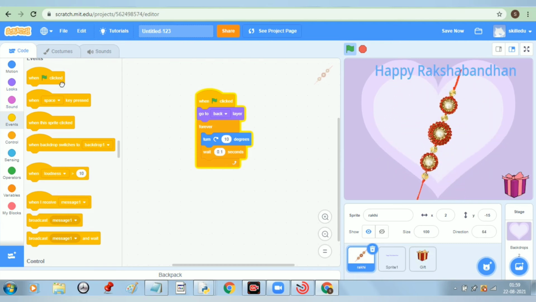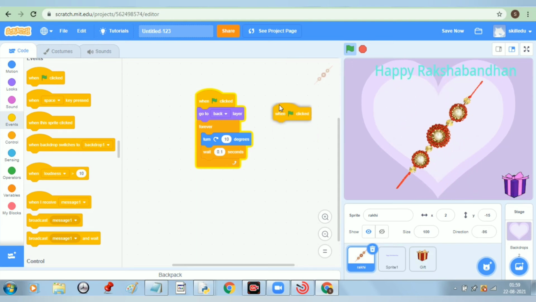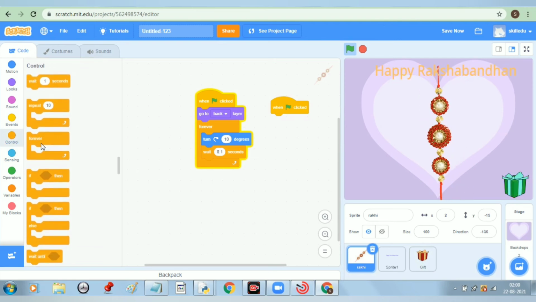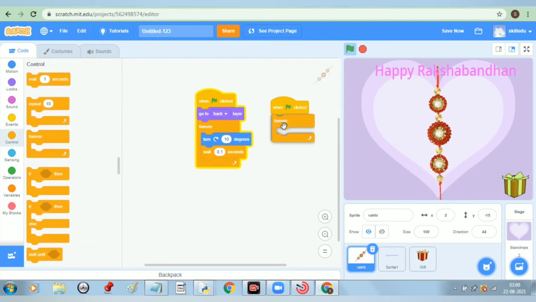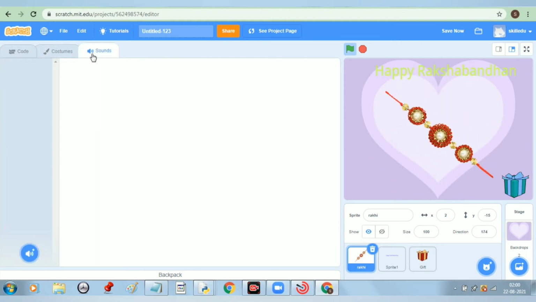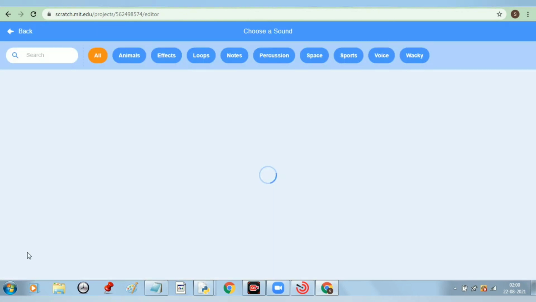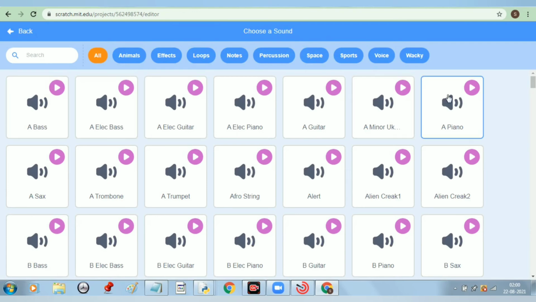So we have again taken when the flag is clicked, forever. So let us play a sound. When you click, there is no sound option, so you can choose a sound.